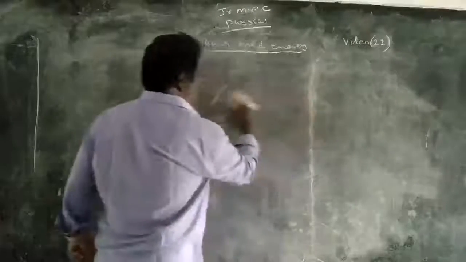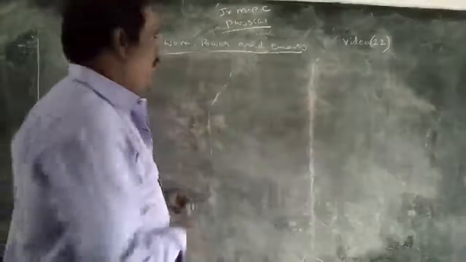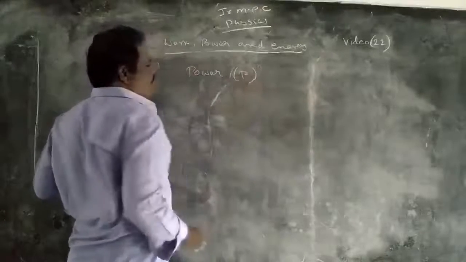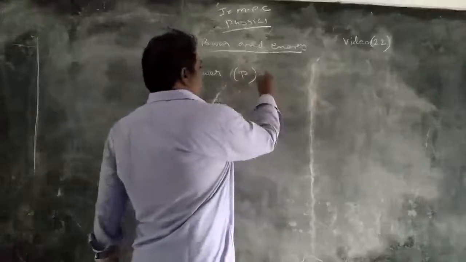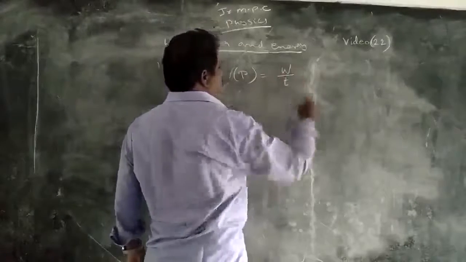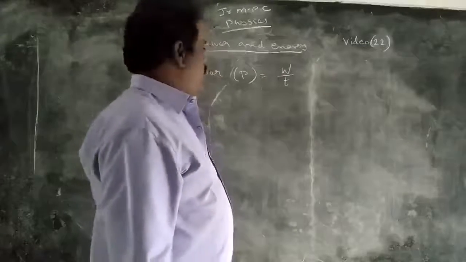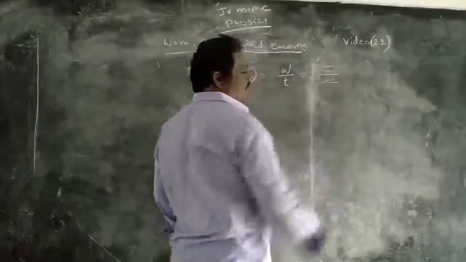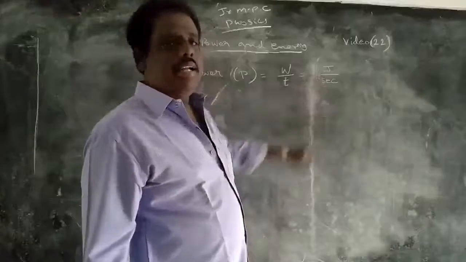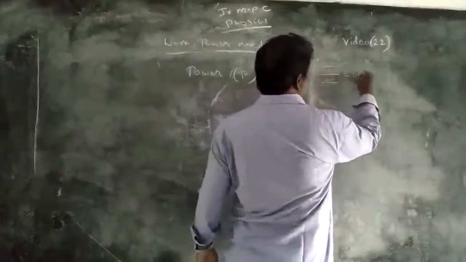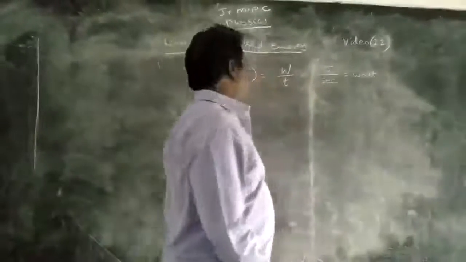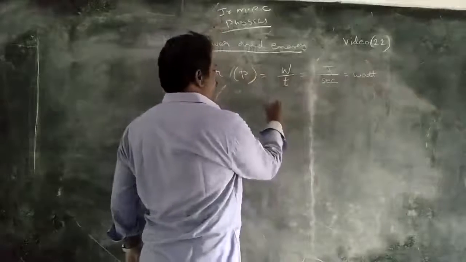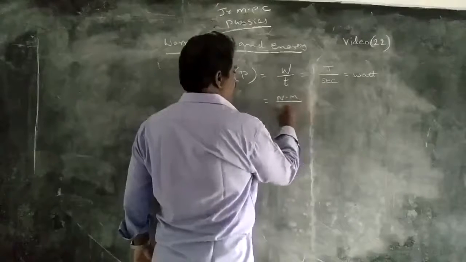Next, about power. Power should be denoted with P. It is nothing but the rate of doing work by the force, work done by time. So work done, units in the MK system is joule, time will be in second. Joule per second is nothing but watt. That means units of power are either joule per second or watt. So joule should be written as Newton meter by second.